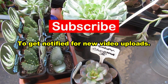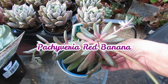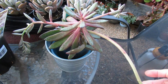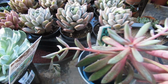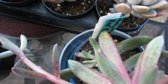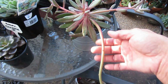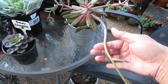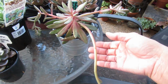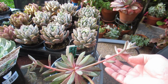And also, this is a Pachyveria Red Banana. And this red banana is like $18 I paid for this, but it's quite a big plant, and it's got a baby, I think a couple of babies somewhere down in the bottom, so it makes it cheaper. And also it's lost a couple of its leaves already, or a few actually, so I don't know if that got bumped off or someone took a liking and took it home with them. But anyway,